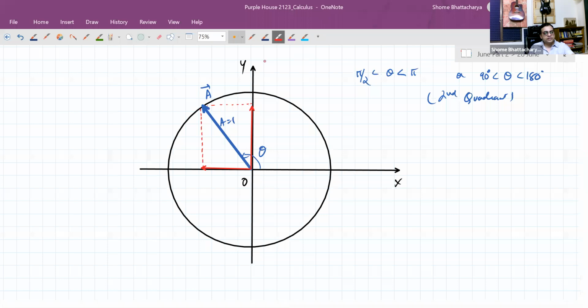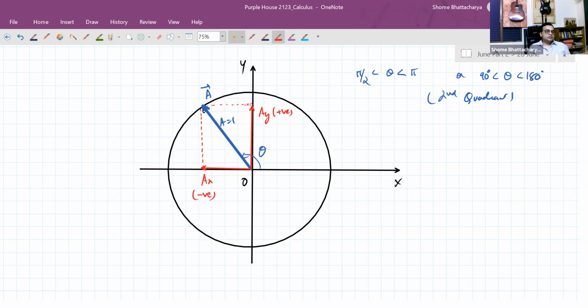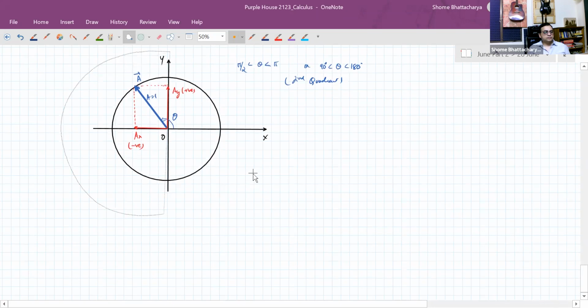So that's the logic for the ASTC rule. At second quadrant, sine is positive and cos is negative. You can see this is a negative quantity, whereas the y is a positive quantity. And not only that, now if you compare this particular theta, so if you compare this with another one in the,